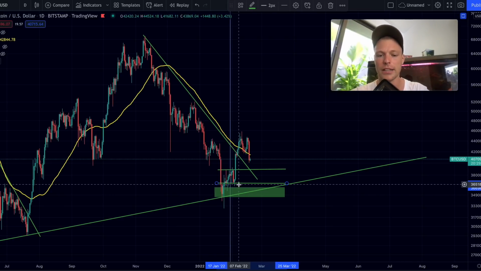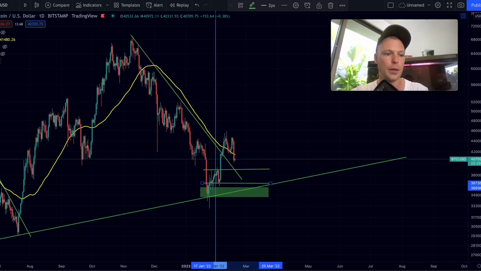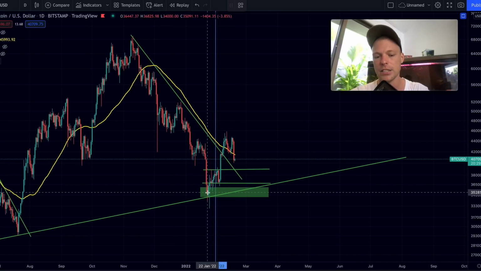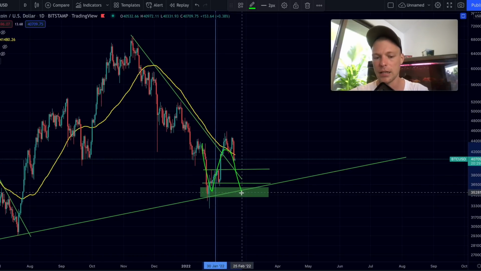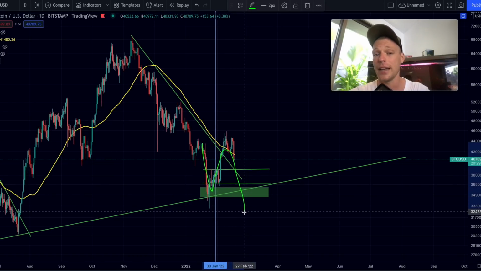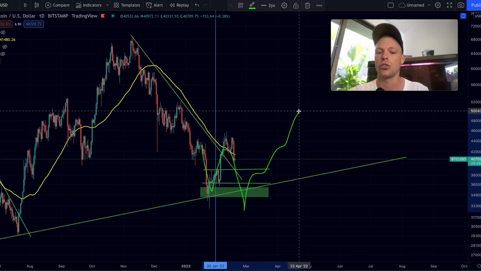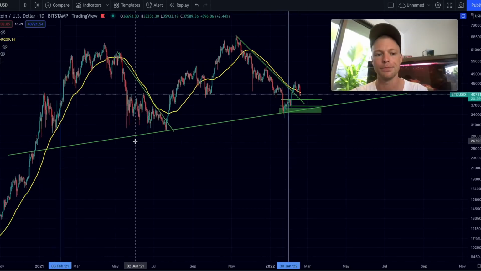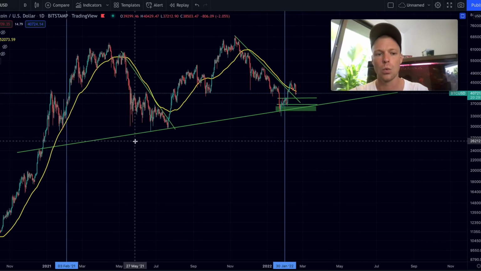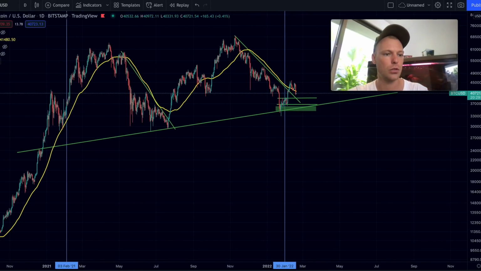That is due to the fact that we still could be forming some pattern like this, where we form a bottom. We are testing the bottom again, maybe get a small fake out right here, trapping a lot of bears and bulls, and then eventually continue from there. That is definitely possible. We get a very important uptrend right here, where we actually maybe could make a channel